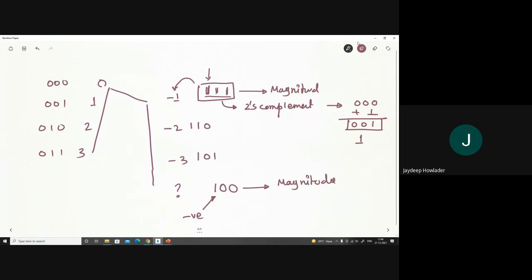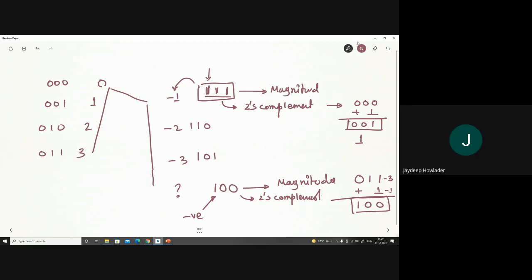And when we are mapping its magnitude, then we compute the 2's complement. Computing the 2's complement means first we are flipping, so it will be 1 1 0, and we are adding a binary 1. Clear? So adding the binary one, it will become 1 0 0. What is the value of these things? This is 3, this is 1. So adding 3 plus 1, it becomes 4. Understand? Do you get this point?